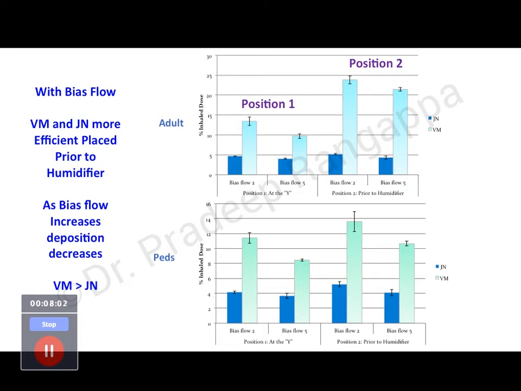And as you see, there is a lot of difference between the jet nebulizer and vibrating mesh with regards to the deposition and the position. So this was in position 1, which is 6 inches from the Y piece, and this was the position which is close to the ventilator. And these two remained very similar in both adult population and pediatric population. And when they compared with vibrating mesh nebulizer, there was a 2.4 fold increase in the deposition, and that was statistically significant in this study as well. So this was the US study. These two studies are from the US, Ari et al.